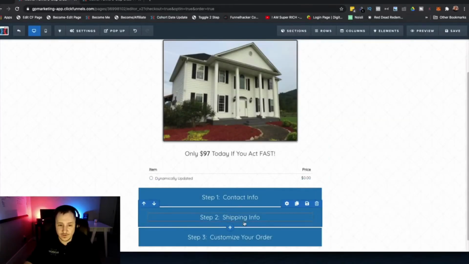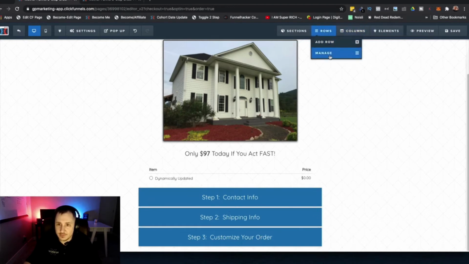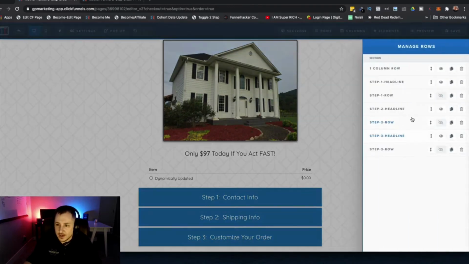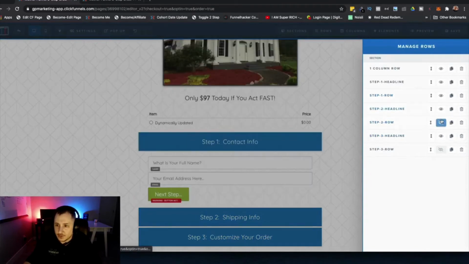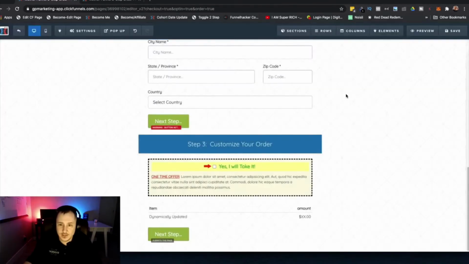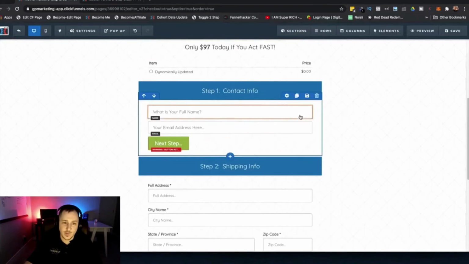That's where a lot of the configuration goes. So let's do this. I'm going to open up all these other ones and show all of these other rows. We're just going to show all of those, 1, 2, and 3, so that you guys can see all of the nitty-gritty information that goes in here. All right, so we added 2 input fields. You'll see that this is a row and then this is a row. So you've got basically 6 rows.